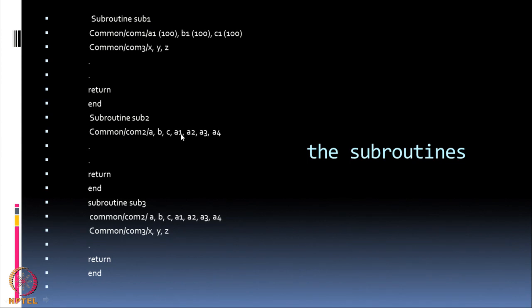It is like you will have one roll number in your BSc, you will have another roll number in MSc, but you are the same person. Okay? So, when you transfer from one place to another, information transfer is done through these variables. So, your sub 2 has used COM2 and coming to sub 3, now sub 3 has used COM2 and COM3, the sub 2 uses only COM2, sub 1 uses COM1 and COM3.